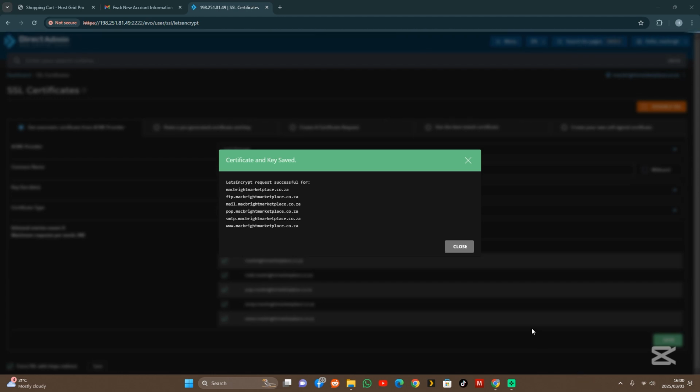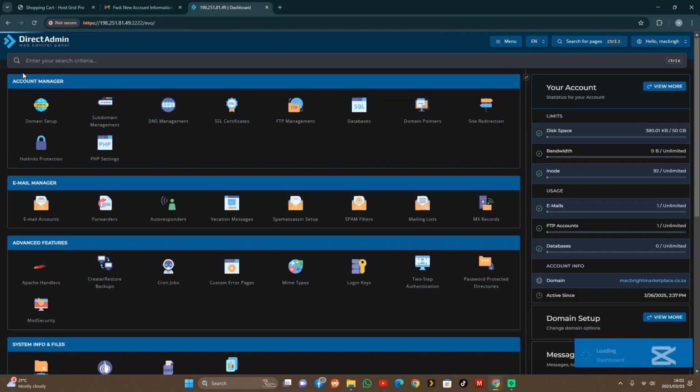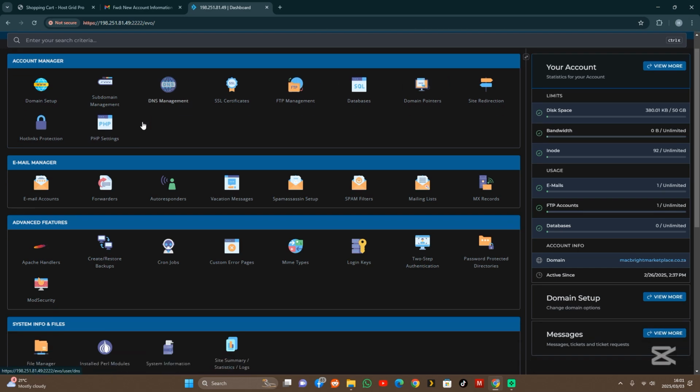Okay, now our SSL certificate installation has successfully finished, and this is a notice that certificate and key saved. Let's Encrypt request successful for all these domains and subdomains. So now what we do is close here, and then head to the dashboard again, and then what we're going to do is